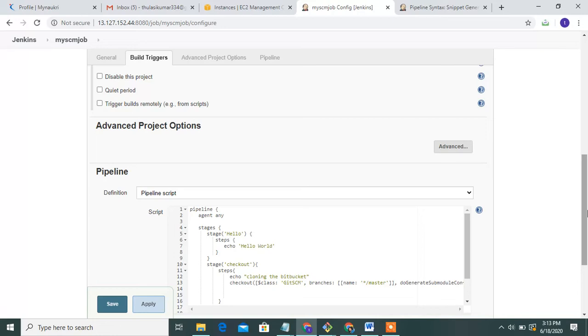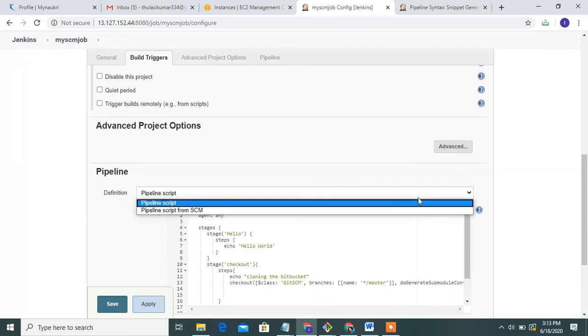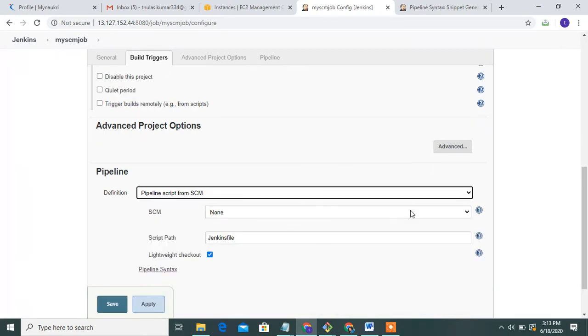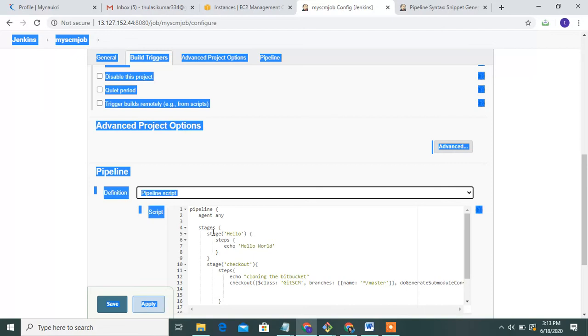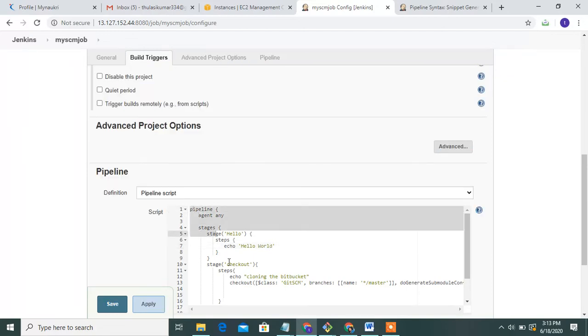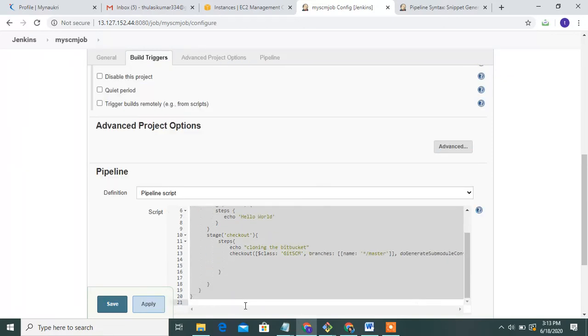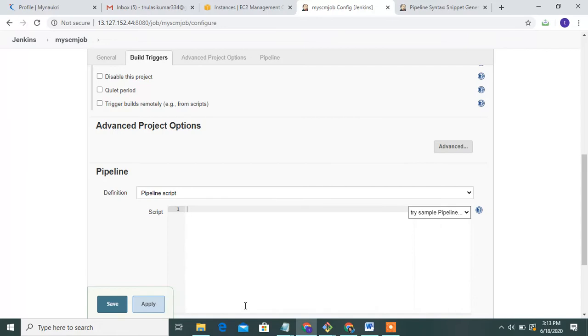I will do it. Please be careful, guys. First of all, select the pipeline script. First, write the scripting, a simple Groovy script and Jenkinsfile.